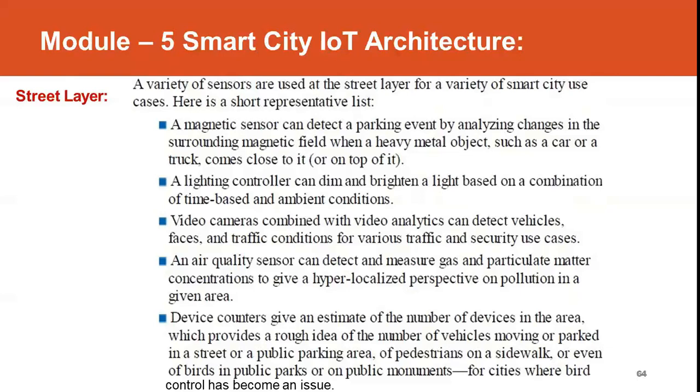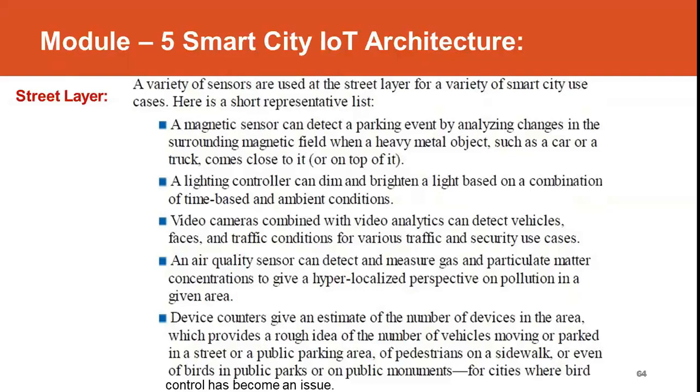Then the lighting controller. This controller can be used to change the brightness of the light based on the time and the ambient conditions. Street lights can be turned on in the night time, or when there are too many clouds, then also the street lights can be turned on.